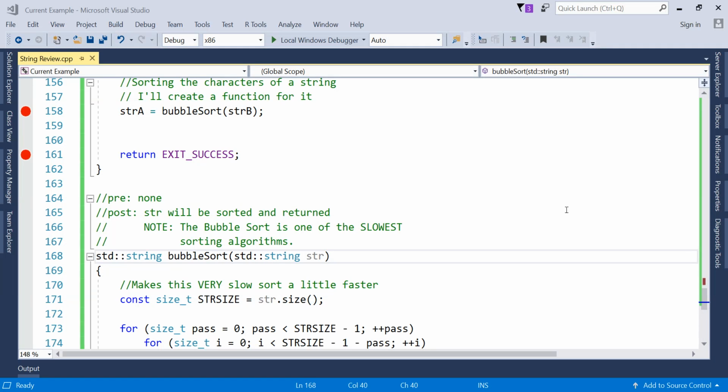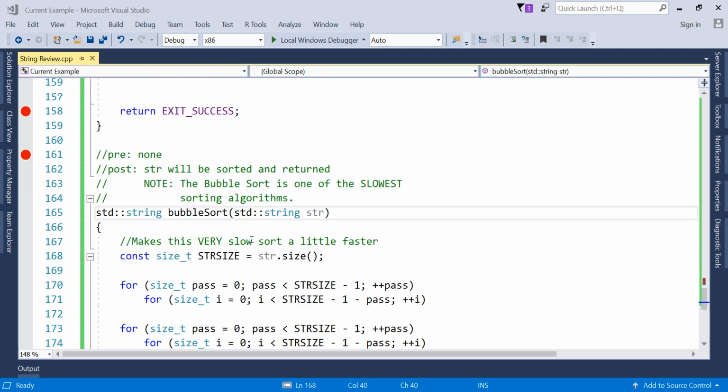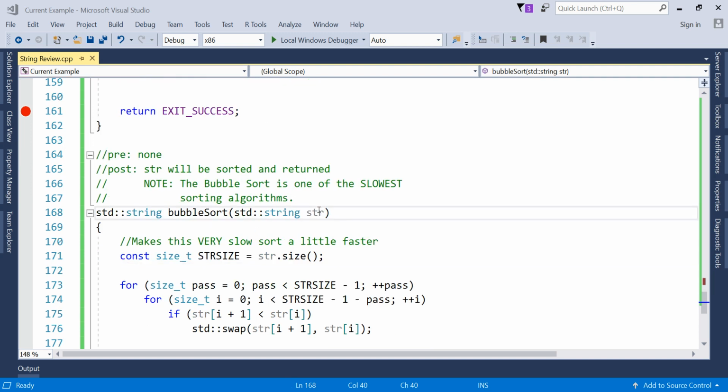Okay, now we're going to cover something called a bubble sort. A bubble sort is a sorting algorithm, one of the worst, in fact, for sorting just about anything. What I've done is I've created a function called bubble sort that our program will jump into, pass a string, and then